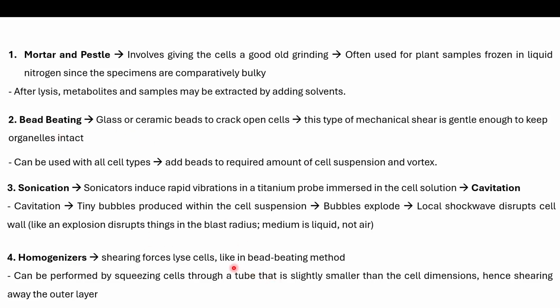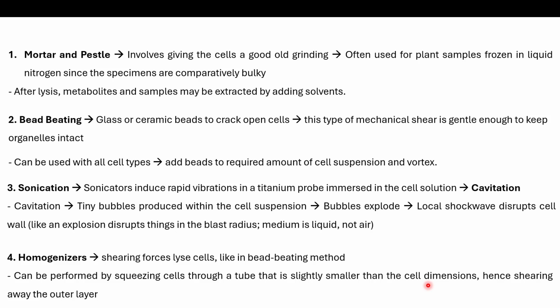Then there are homogenizers, which are again a kind of mechanical method, like the glass or ceramic beads. It's a little bit more sophisticated, where you put the cells that you want to break open. Those cells are passed through a certain kind of apparatus which has an opening much narrower than the dimension of a cell. That means it is very small, and when the cells are squeezed through a tube that is slightly smaller than the cell dimensions, what will happen is the protoplasm,